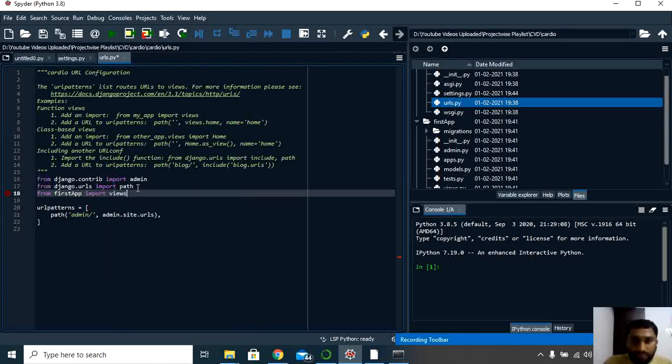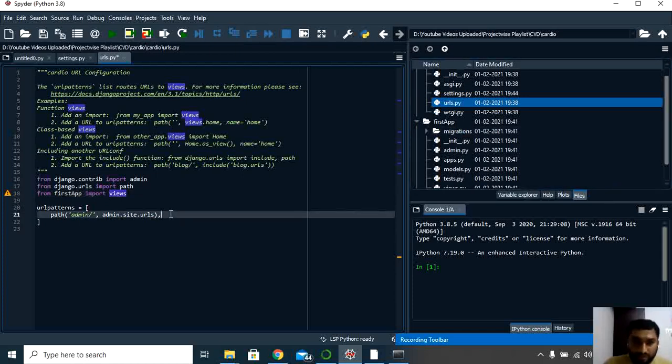Views is the heart of the Django process where actual execution takes place. So I'm going to take first app and import views here.